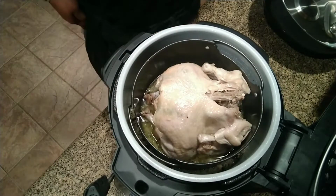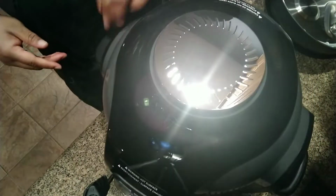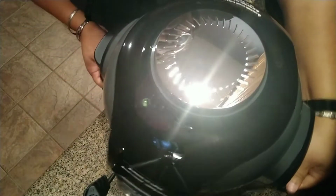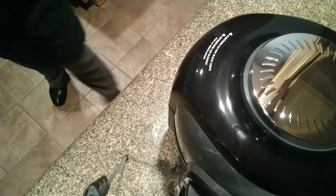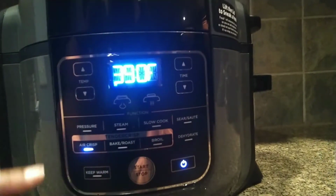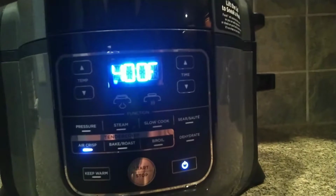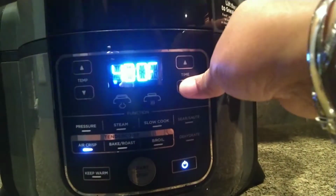What I'm going to do is close this lid, and we're going to set the temperature to 400 degrees. And once we do that, we're also going to air crisp it. So here goes. I'm going to go to air crisp. I'm going to raise the temperature to 400 degrees, and I'm going to put this on for about 8 minutes,